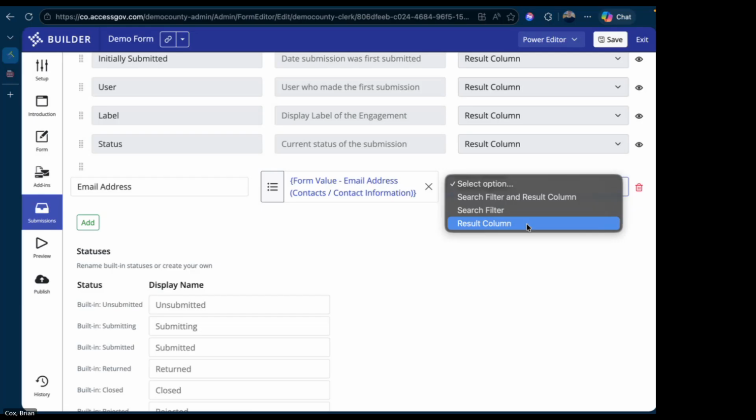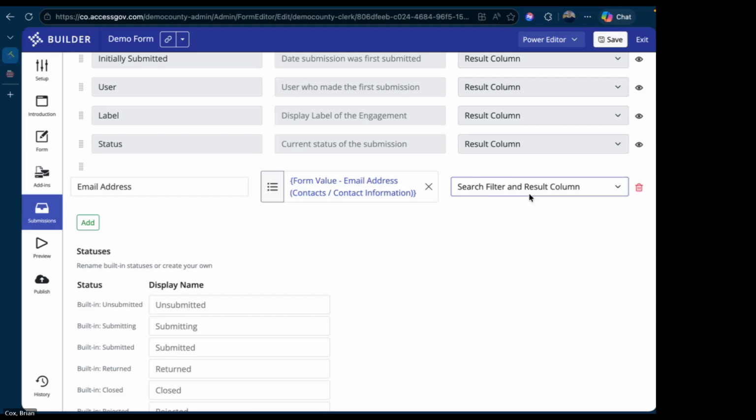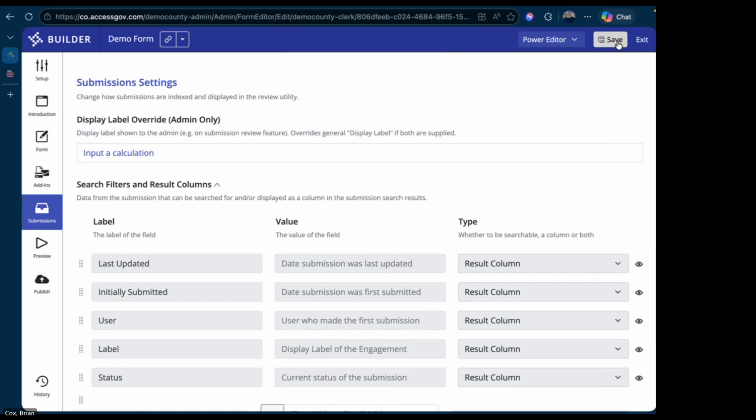And that would be just adding a column within the table on the right side so that I can easily see at a glance what submission data is related to which submission. I can additionally add it to both, so I can make it both a search filter and a result column. So I'll go ahead and do that for this one. If I save that change,